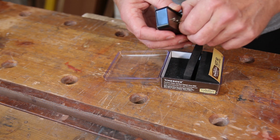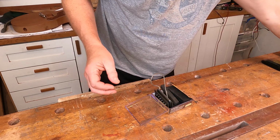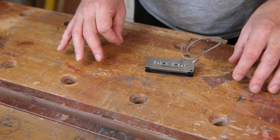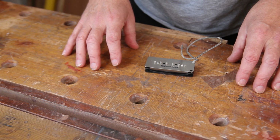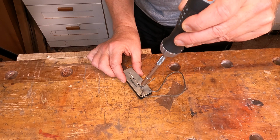Now, first thing I need to do is just slip that cover off. We can put that out of the way because we don't need it anymore. And then I'll bring you in a little bit closer so we can have a good look at what we need to do this conversion. And it's not really that complicated of a job. First thing we need to do is just